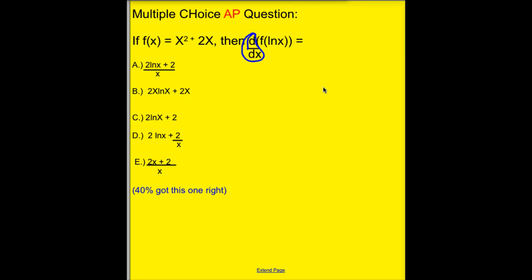So on page 17 in your notes, there's a past AP question that we're going to do before we do the next section. We are asked to find the derivative of f of ln x. And in order to do that, what we first need to do is figure out, well, what is f of ln x? So ln x is going in as the input into the f function. So I'll do ln x squared plus 2 times